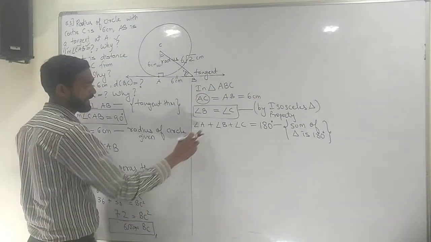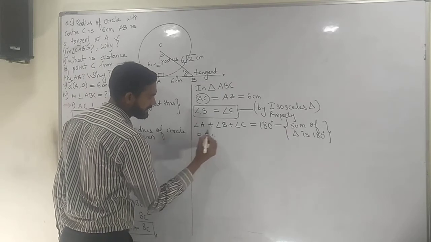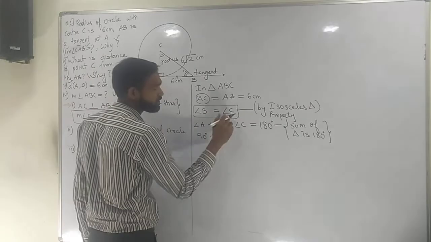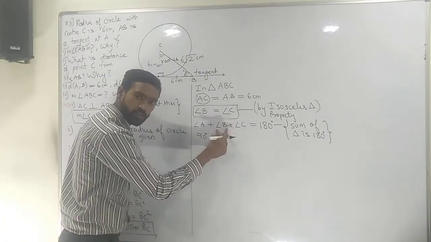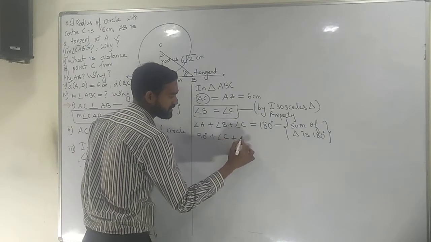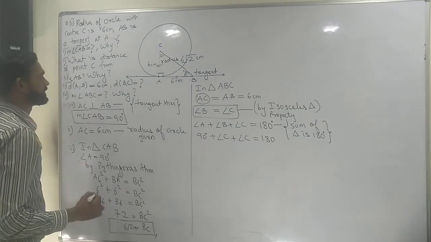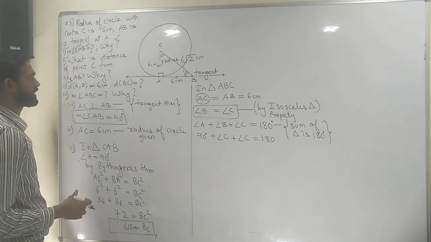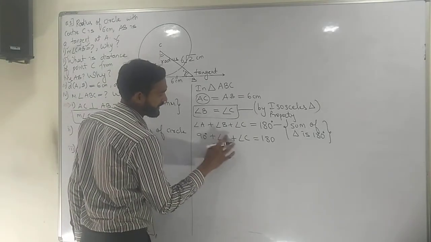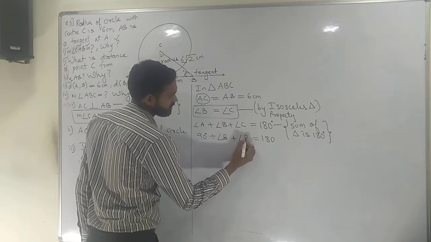Right? Now angle A, do we know A? Yes, A is given, 90 degrees. Angle B we don't know. But what do we know? We know that B is equal to C. So in place of B, can I write C? Yes. So we'll write here C. This C as it is, equals 180 degrees. Clear? Or the same thing, what I can do is keep my B as it is and replace my C with B.